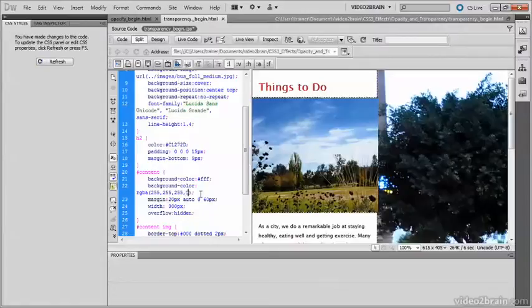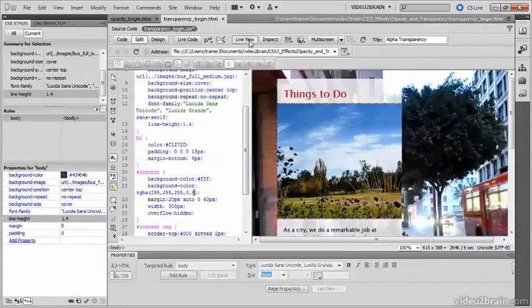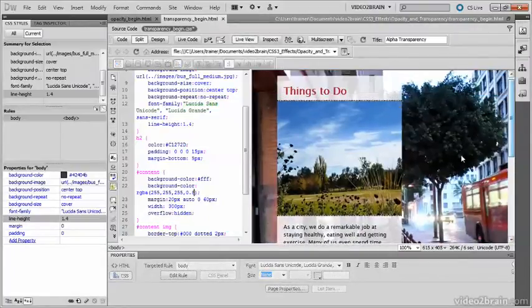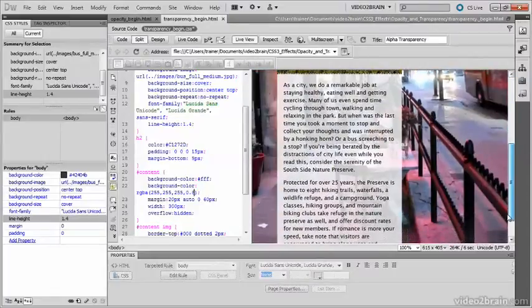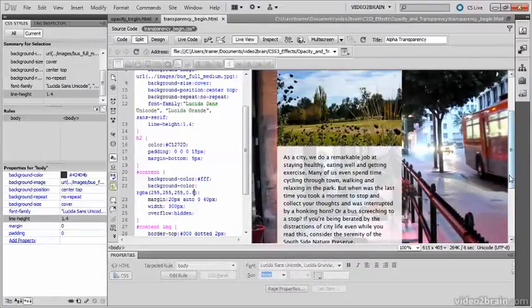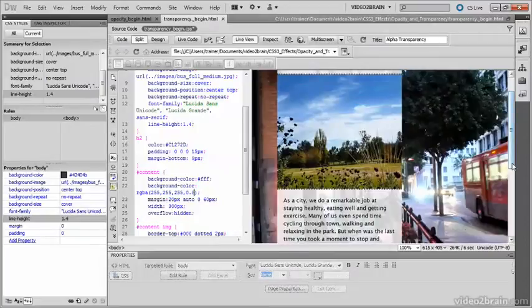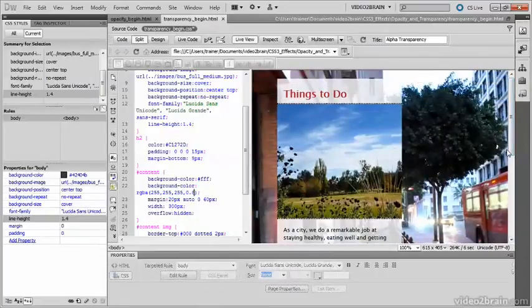I'm going to change this to 0.8 and then switch over here and switch on live view, and you can see that what has happened is that the background to the text is translucent, but the image is not affected. So RGBA and HSLA affect only the background color. But you must remember to have two background colors, one using hexadecimal for older browsers, and the one that uses RGBA or HSLA must come after it, because it will then take precedence in the cascade in browsers that understand